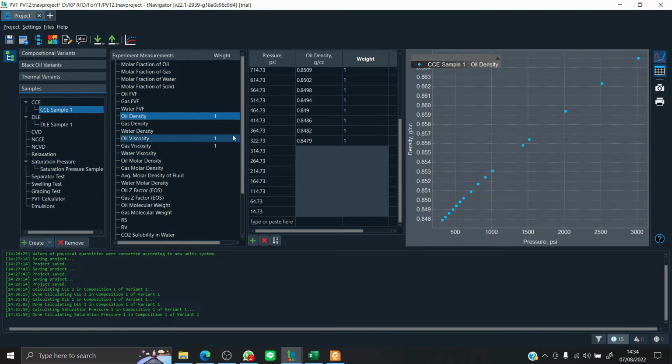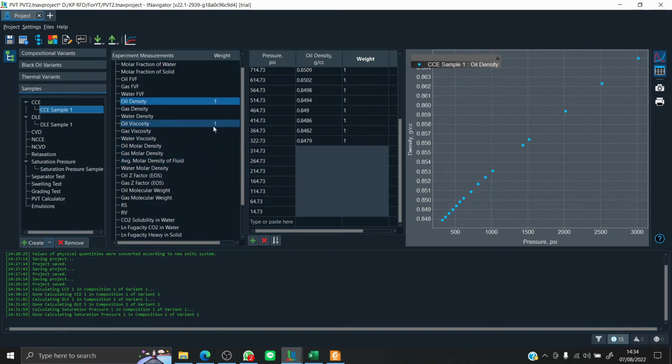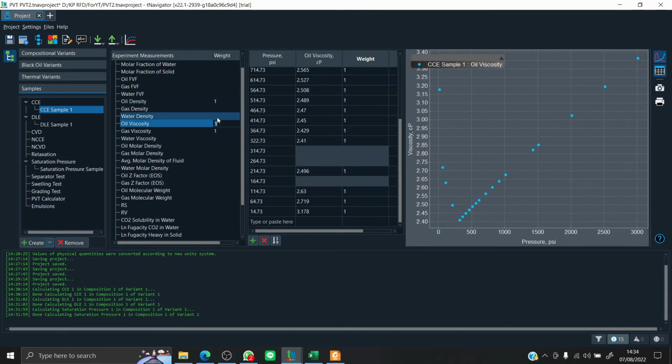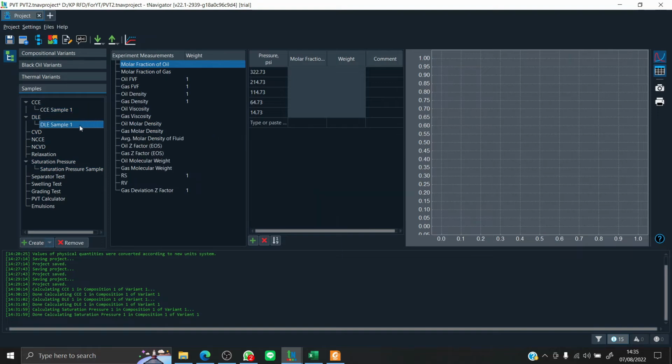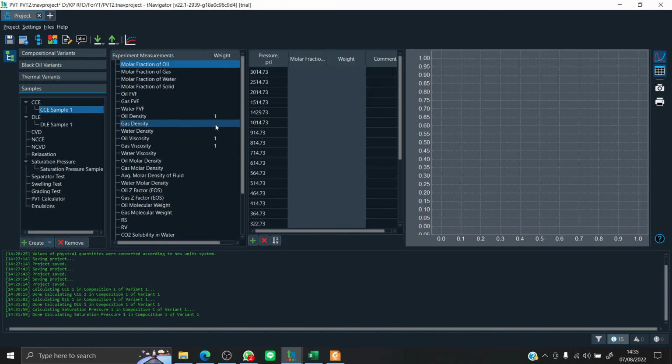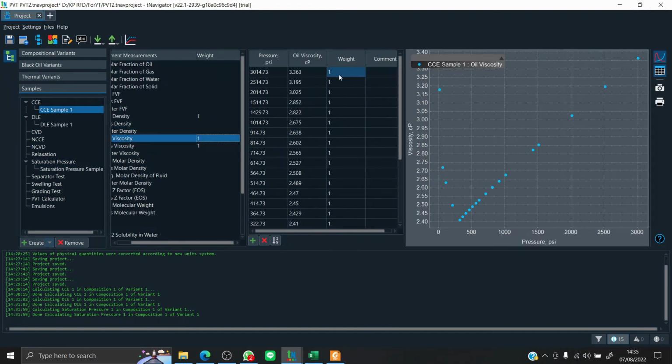Okay, for example, I really want to match the oil density and oil viscosity really badly, and obviously the bubble point pressure, so I'm just going to increase their weighting. Okay, let's just increase it to 10. Okay, 10 right here, but I want the values to be exactly matched, so I'm just going to copy and paste 10 to all of them.